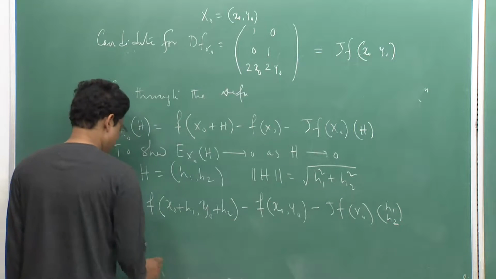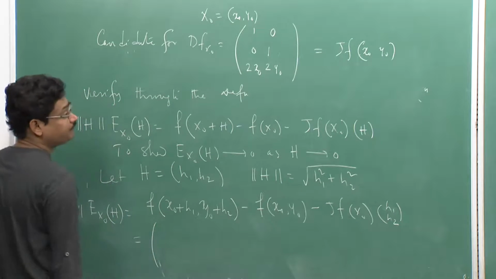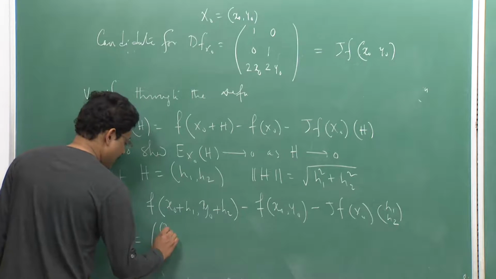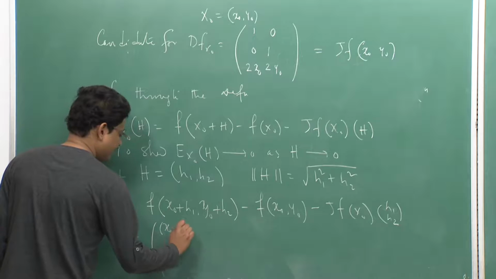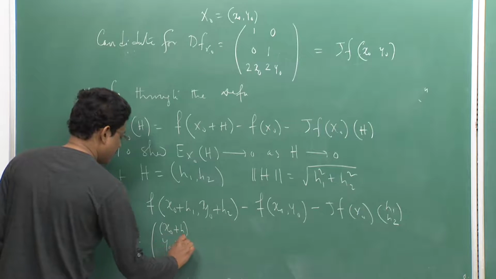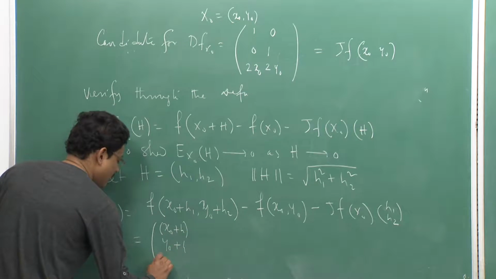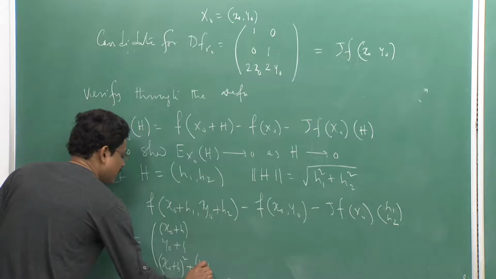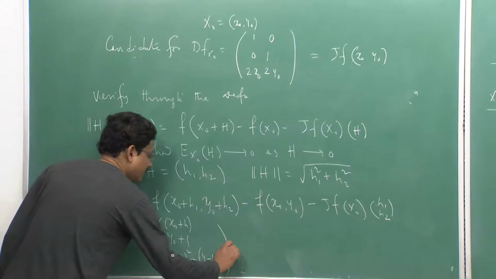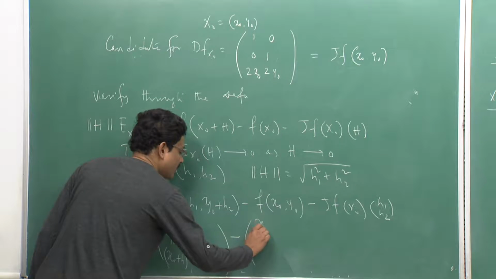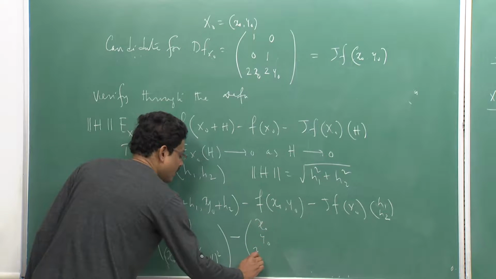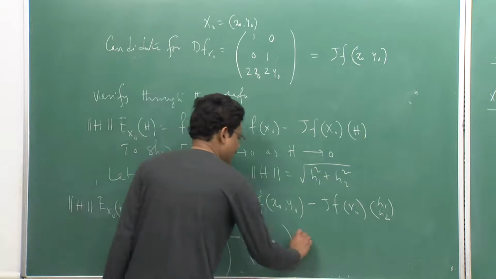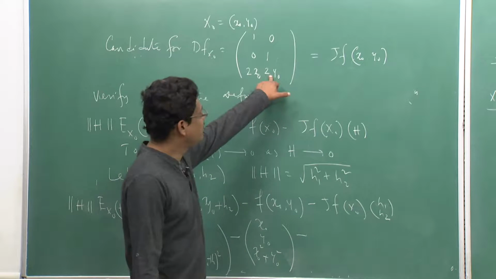If I write it in column form, what is it? It is (x naught plus h1, y naught plus h2), (x naught plus h1) whole square plus (y naught plus h2) whole square, minus x naught, y naught, x naught square plus y naught square, minus Jf(x naught), this matrix acting